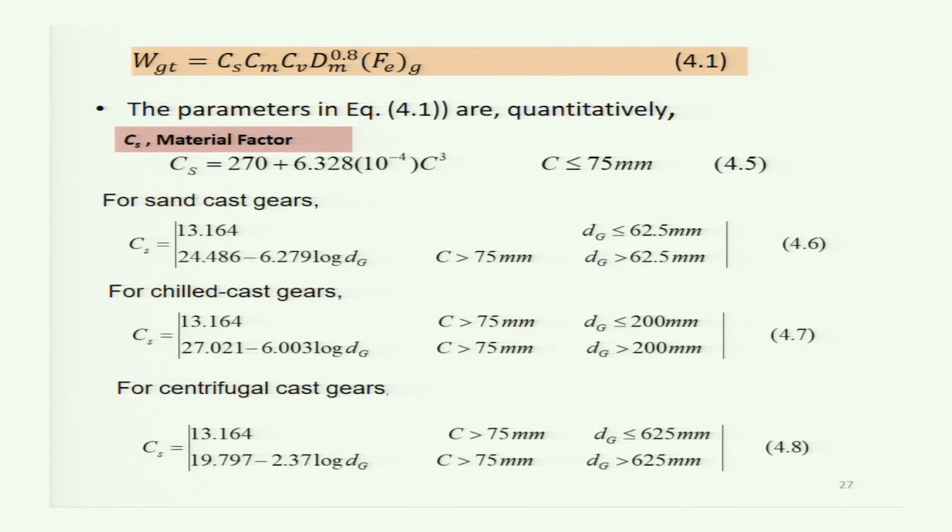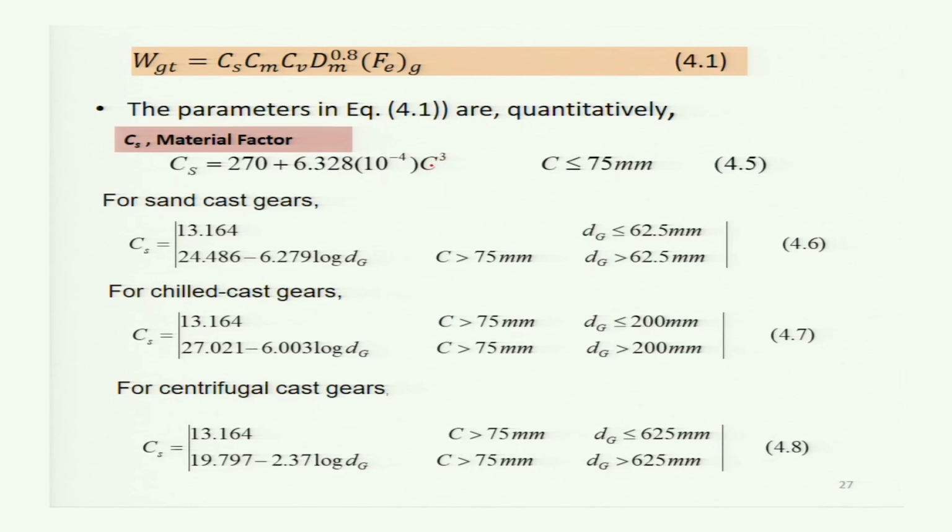The other parameters of equation 4.1 can be obtained from the data given in the literature or the data book. The CS material factor is given by 270 plus 6.328 times 10 to the power minus 4 and capital C cubed,